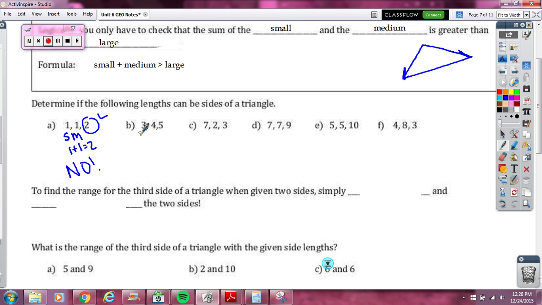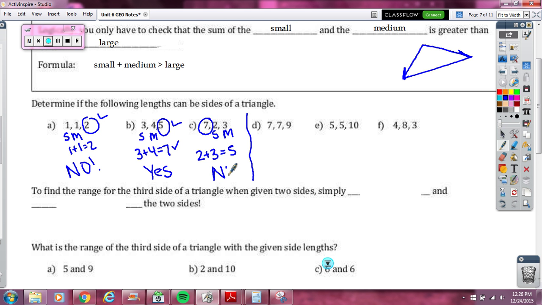On B, we can try the same thing. Small and medium added together is, yeah, bigger than the large side, so that would be a yes. Last one that I'll do with you, and I'll leave you D, E, and F. Notice that the small and the medium aren't necessarily the first ones listed. So small plus medium adds together to be just 5, which isn't bigger than the large. So that would be a no as well. You try D, E, and